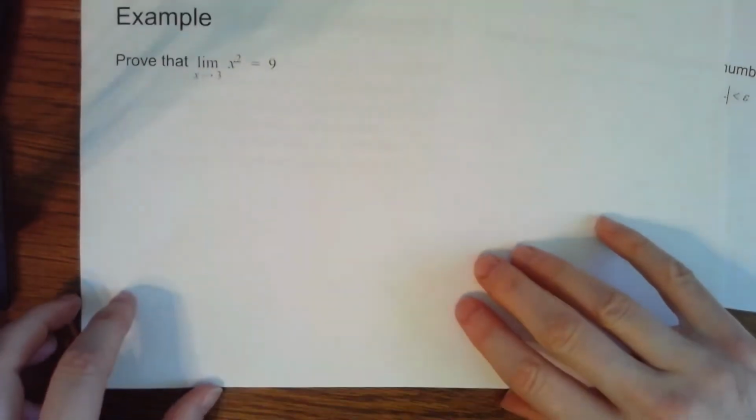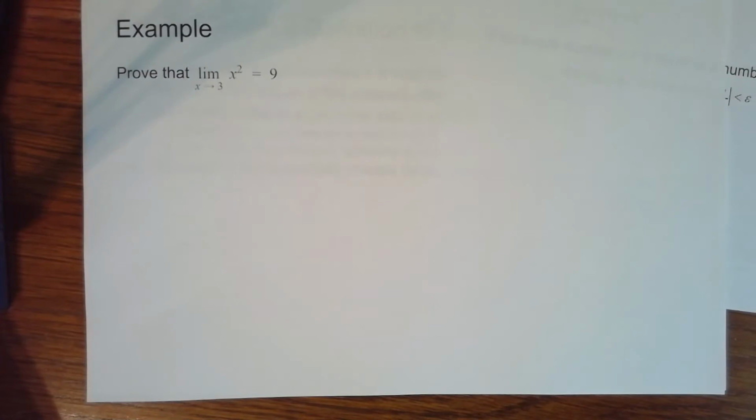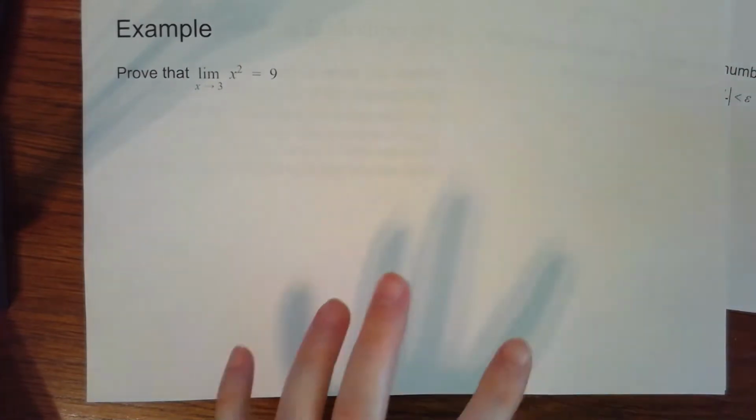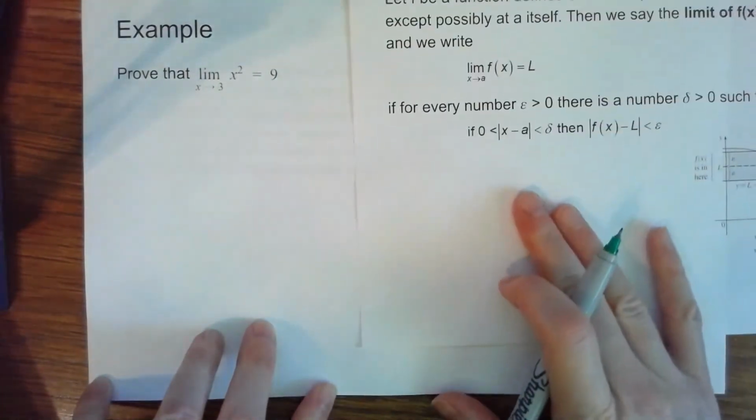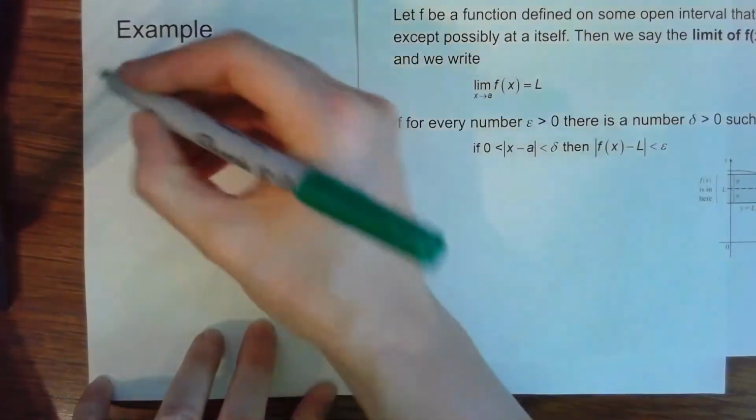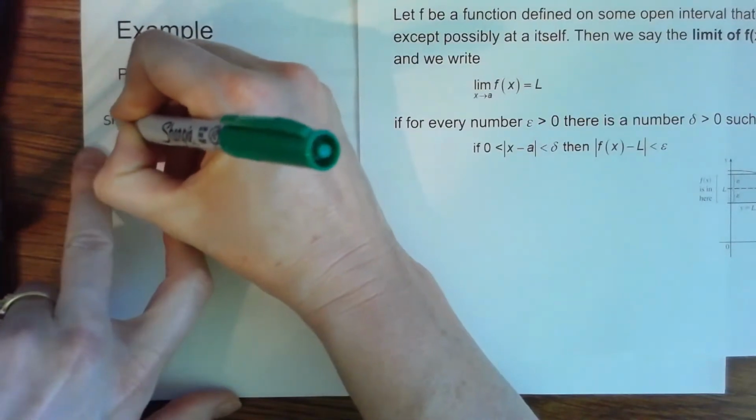So let's use that once again to prove that the limit as x approaches 3 of x squared is 9. Now, if you look at it, you're probably thinking, yeah, it's totally obvious, but can you prove it? That's the question. So if we want to prove it, it has to match this definition. So we need to show